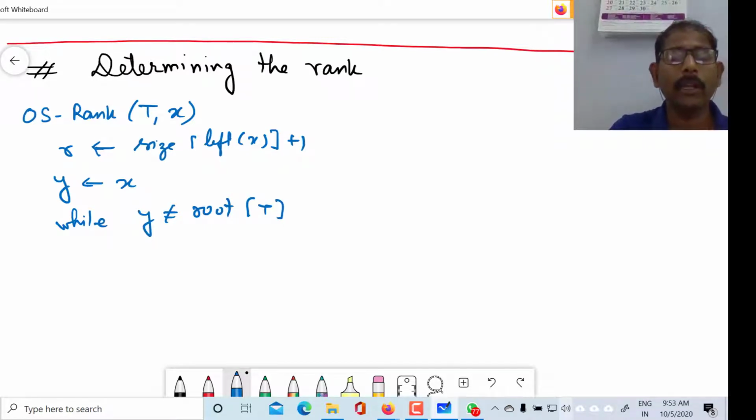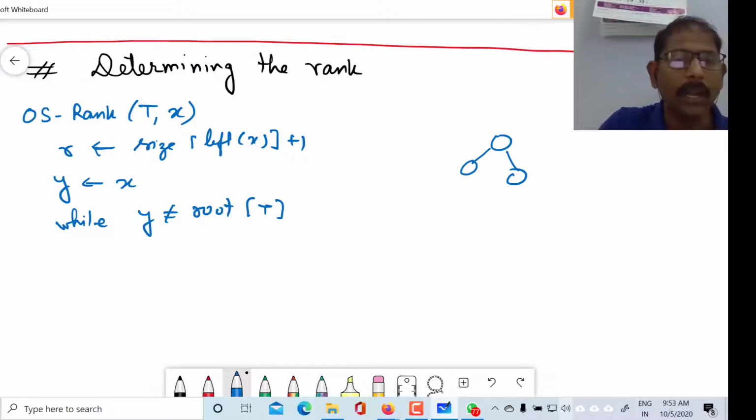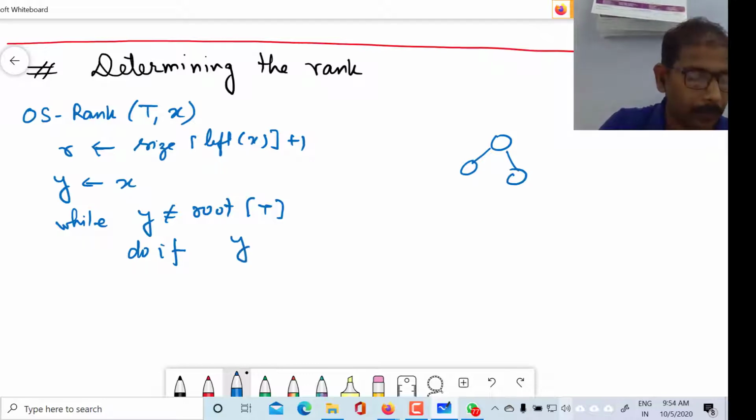We will start from the root node, and in the first case we will get the required value. Suppose this is not the case, so what will we do? If it is not the root, then y will either be the left child or the right child. Suppose I consider it as the right side.